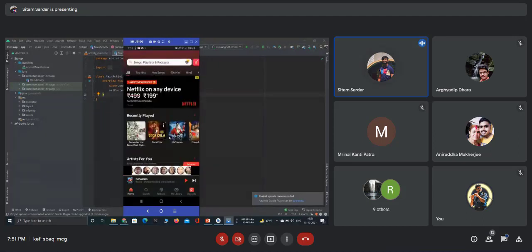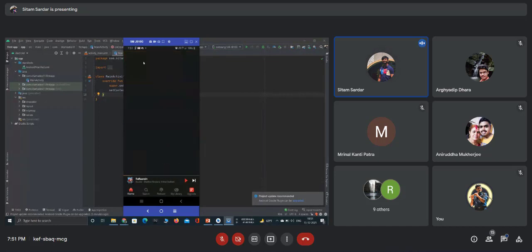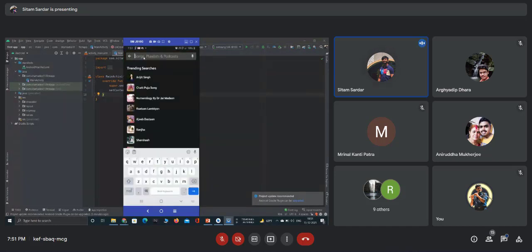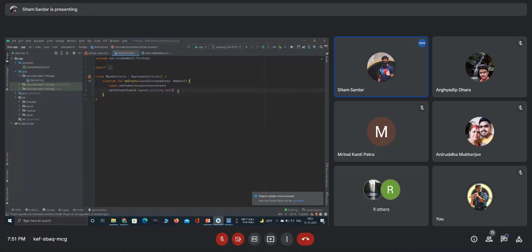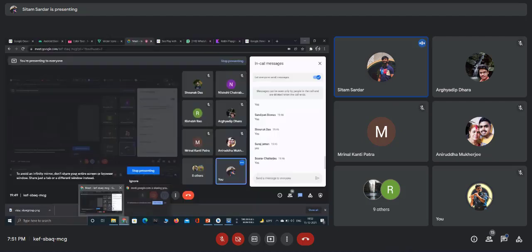And whatever the logic is, whenever you click something or, let's say, search something, what should be shown, all those logics will be written in this activity section. Is it clear till now what an activity actually is?